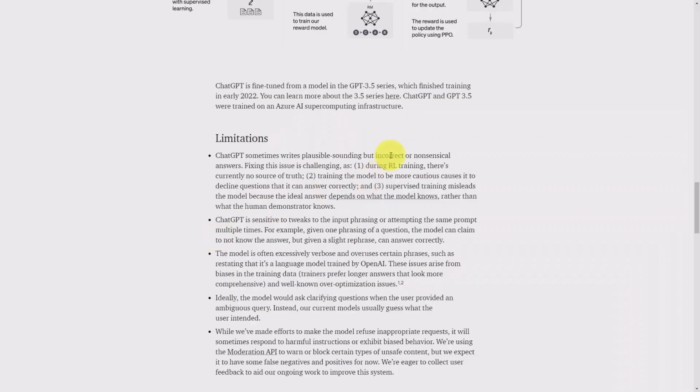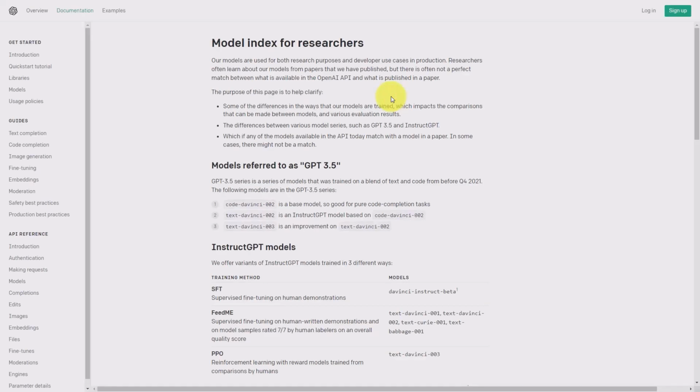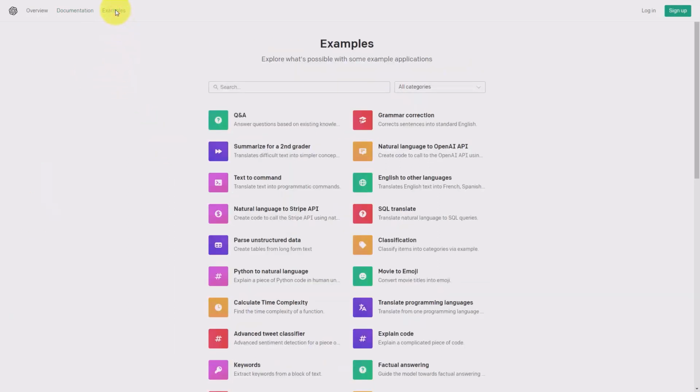Welcome back. From the limitations page, there is a link that you can click on as a recording of this video that will take you to a documentation page. One of the things that you can do is you can go to this link that says examples. And even though this is designed to communicate with coders and people who are going to integrate the chatbot into a system that they are building, this page will give you clues on the kinds of things that you can